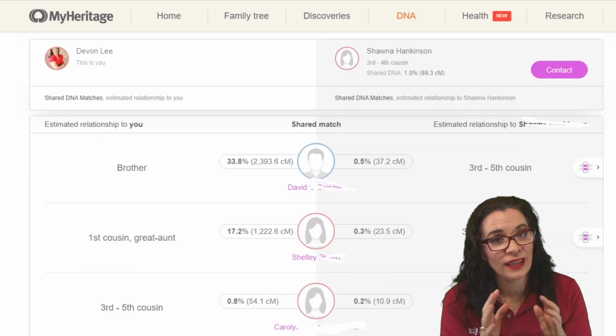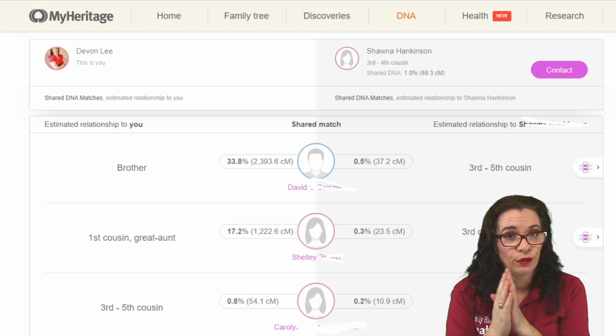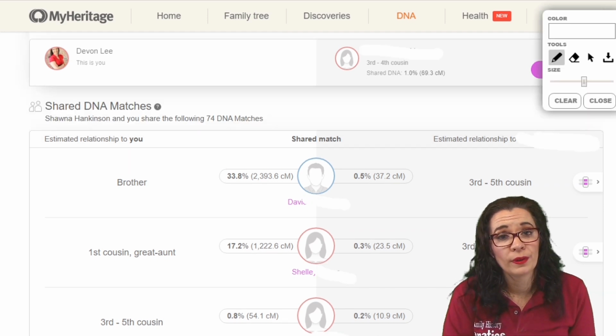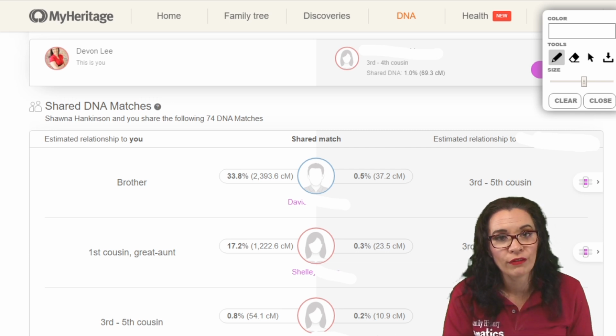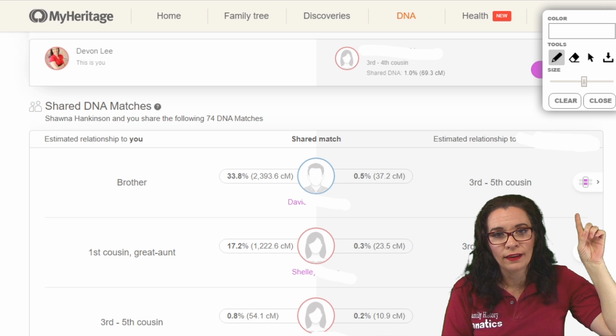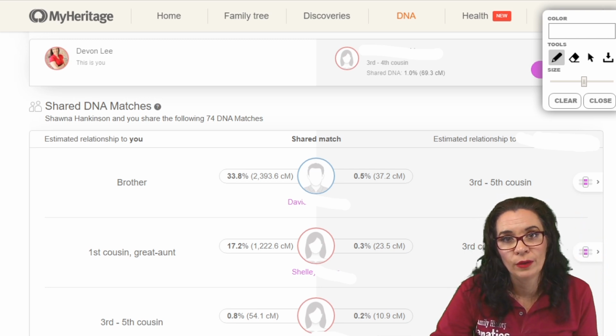If you scroll down the page, you will come to a section where you're going to compare yourself to your match, to matches you have in common, your shared match list. But one of the cool things that you can see on MyHeritage that you can't see on another theory platform is that right here, you see this little mark? That's the triangulation mark. And now I can see it on several of the DNA research hints.